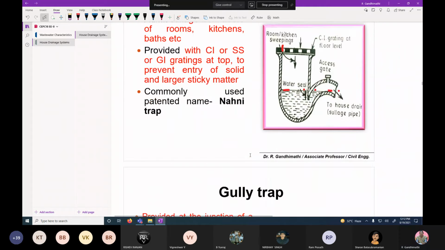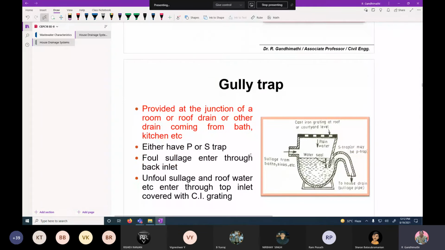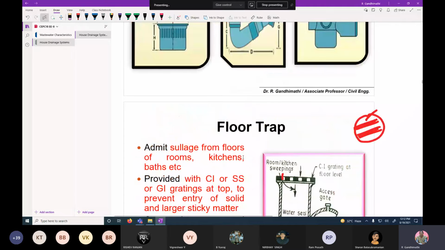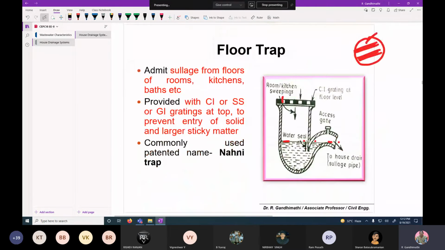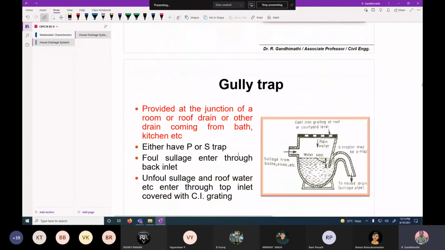Then the next one is the gully trap. It is provided at the junction of the roof drain or other drains coming from the bath, kitchen, etc. This is outside, not inside the house. The floor trap is provided inside the house, whereas the gully trap is provided outside of your residential house, mainly at the junction.